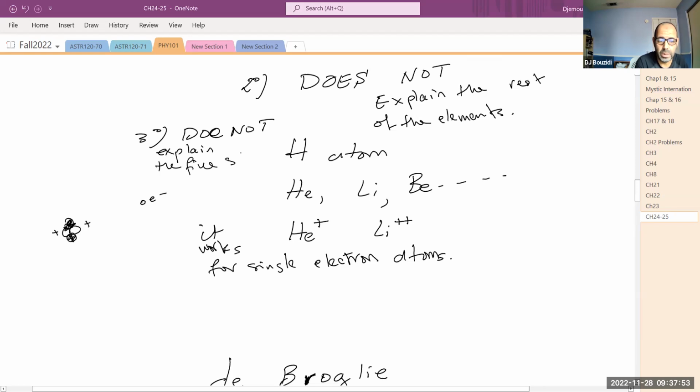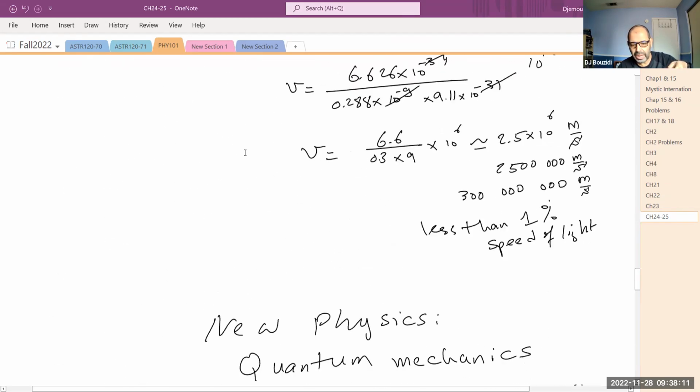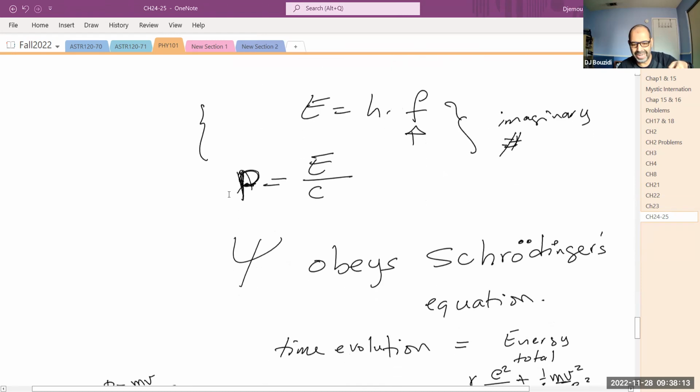Even when it tried, namely it explained the spectral lines for hydrogen, it failed in the presence of a magnetic field. It started with the sun, but now you can replicate the effect in the lab, and Bohr's model cannot explain it. So now here comes where that coupling between the magnetic field